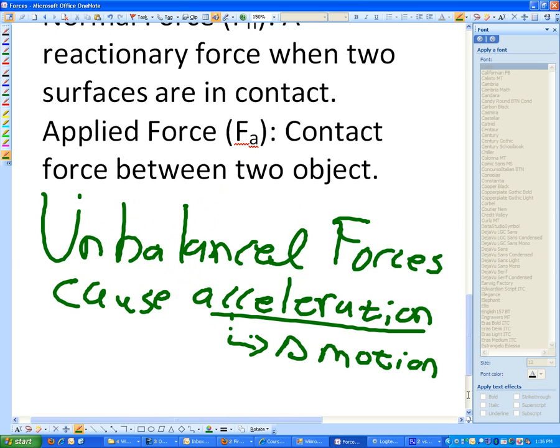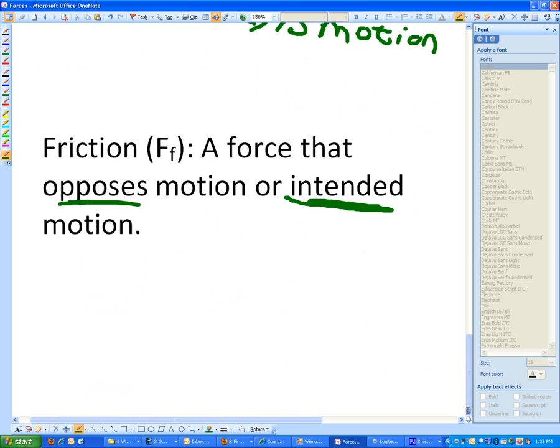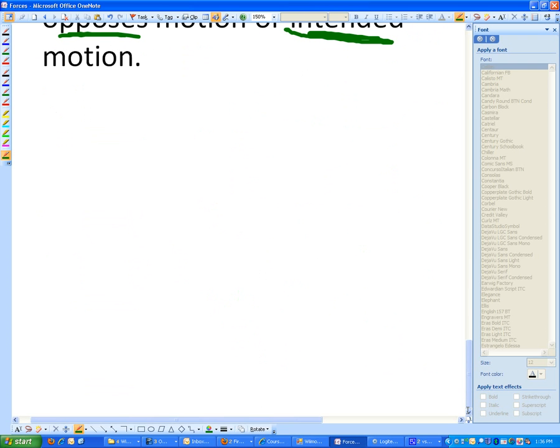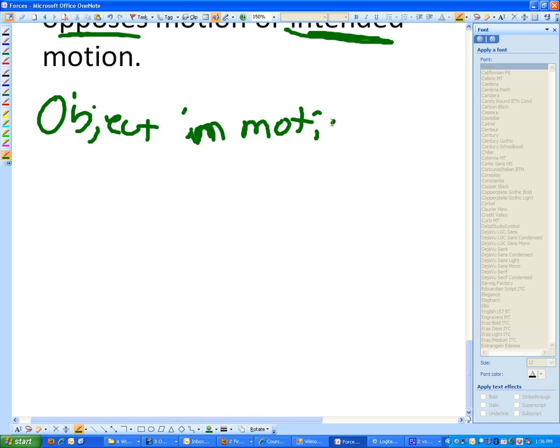That's a key point here. Constant velocity motion until, what do you think? Until acted on by an outside